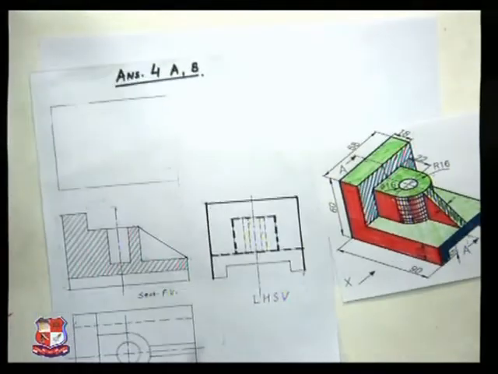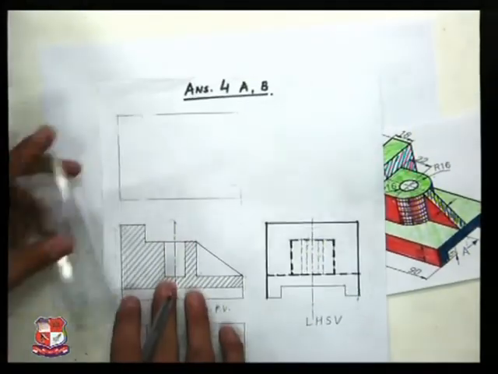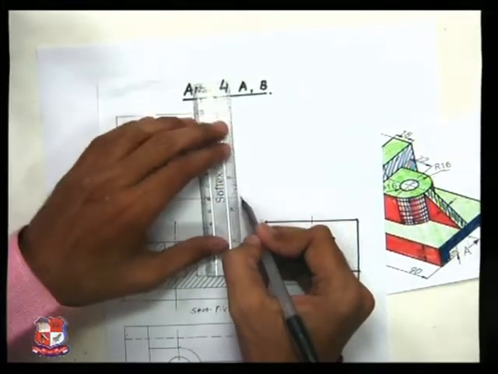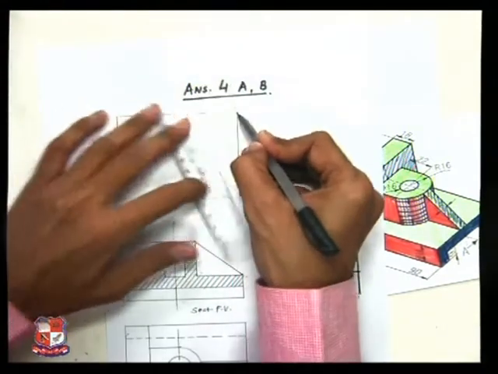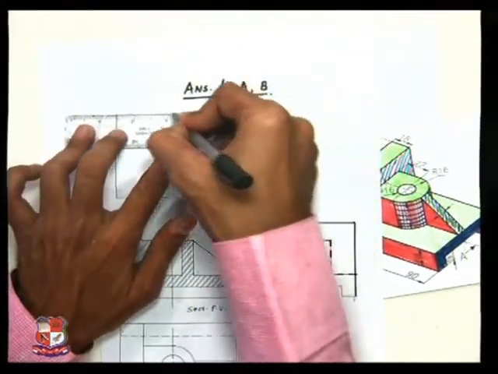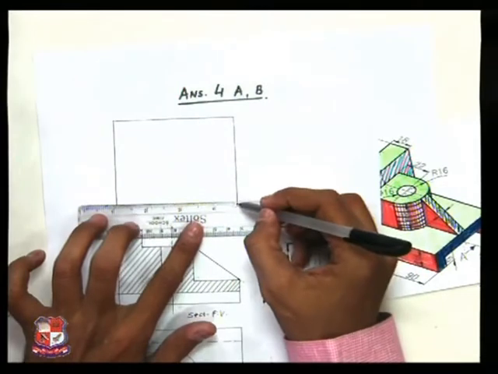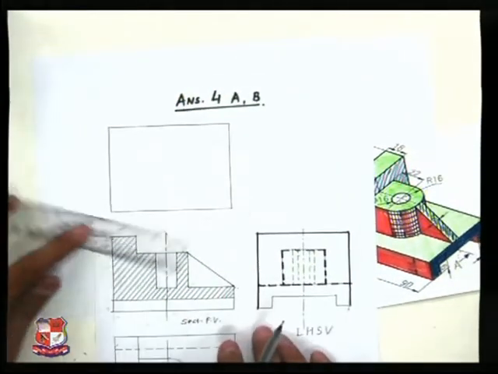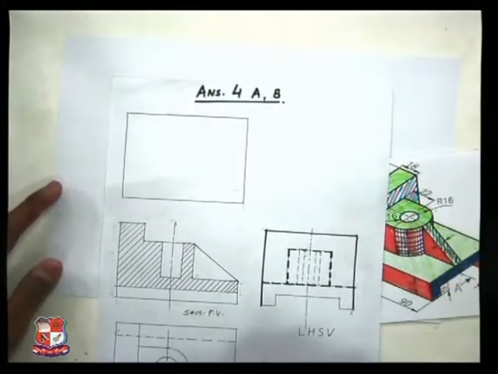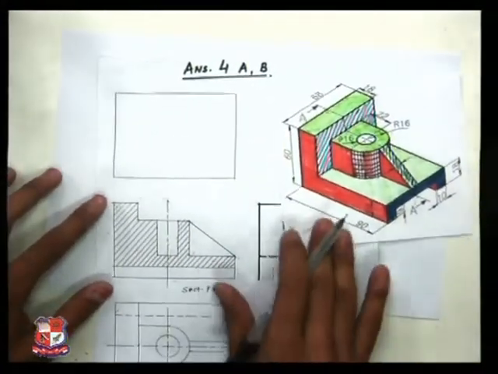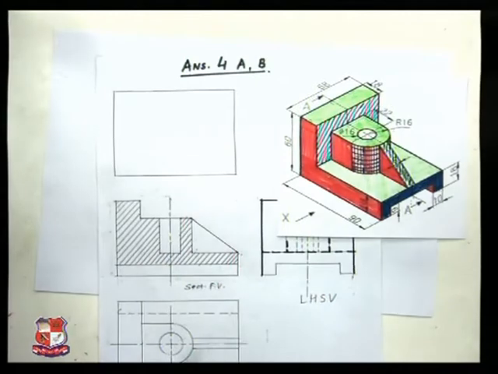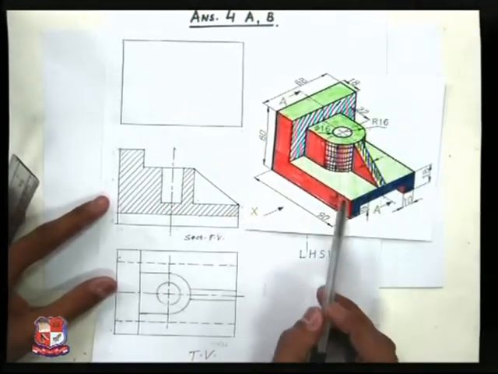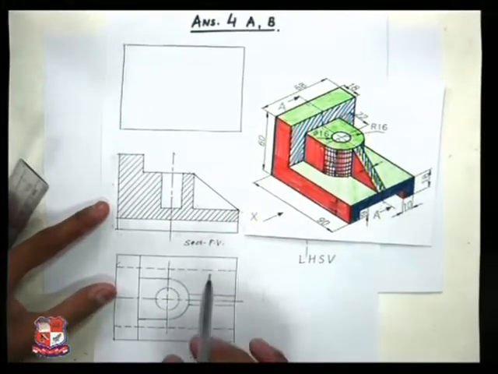You can insert the necessary dimensions. Then we have to draw its bottom view. So in the bottom view, again it would be similar to the top view, but one difference would be there. Some of the lines which are full lines in the top view may be dotted lines in the bottom view, and some of the lines which are dotted lines in the top view may be full lines in the bottom view. Suppose you look from the bottom side of this object, these two edges would be fully visible.